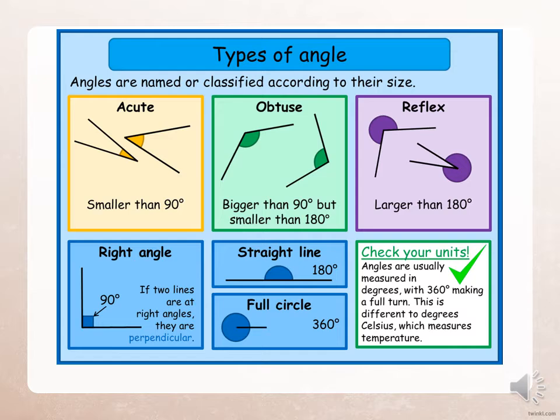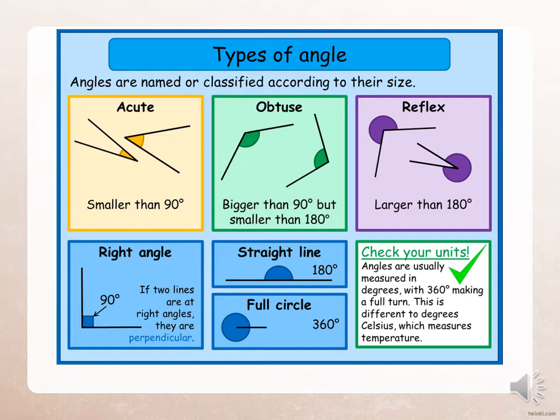Okay, so to identify angles, these are the different types of angles that you would see in a shape. Angles are named or classified according to their size. So we have acute angles, which are smaller than 90 degrees. We have obtuse angles, which are bigger than 90 degrees but smaller than 180. And we have reflex angles, which are larger than 180 and go up to